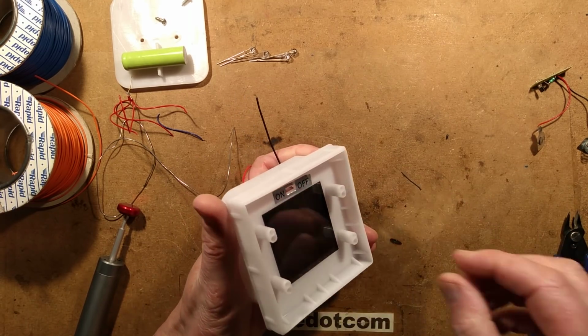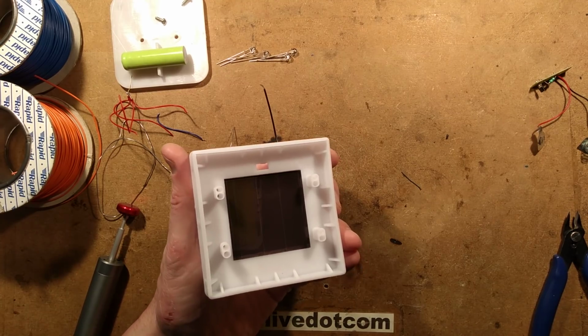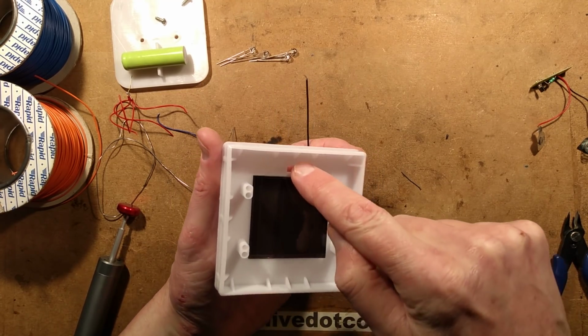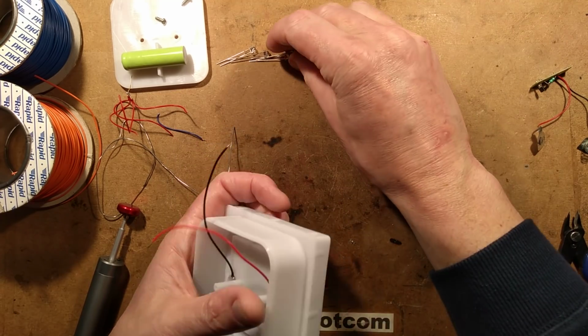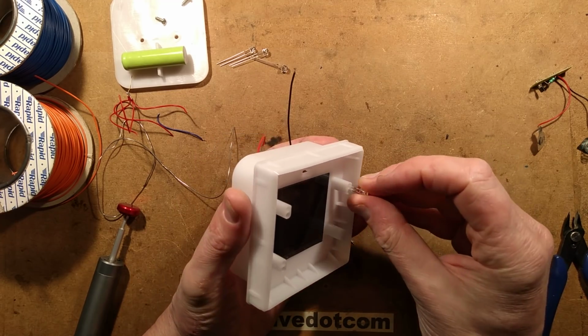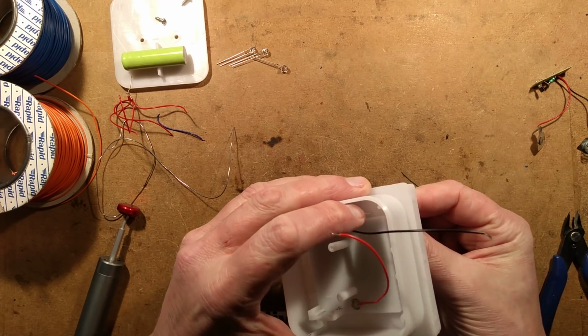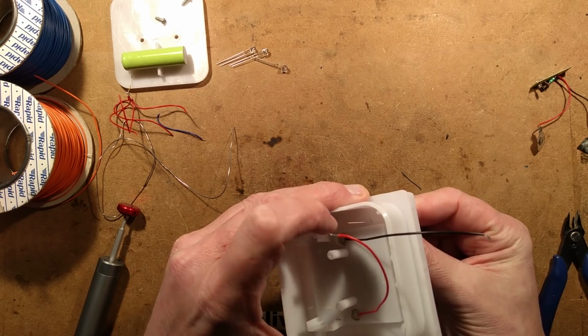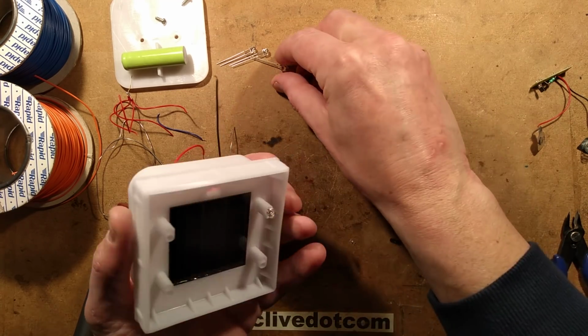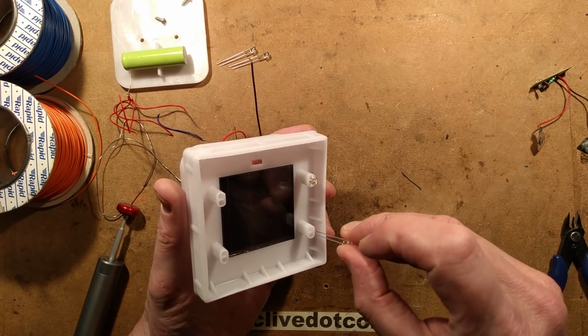Let's whip that out. I'm going to use the switch hole as the common positive marker. So all the positive leads will go up towards that hole. And I noticed that the moulding here is tapered so the LEDs go in perfectly. And then you can just kick them at a slight angle. That works quite well. And it holds them in place well enough that I'm not really bothered about hot melt